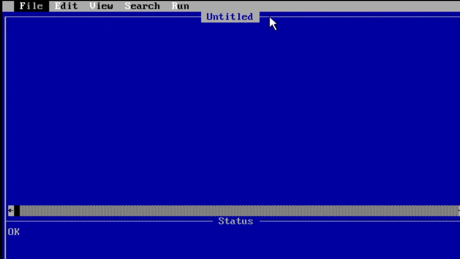This blue screen portion is known as the program area. And this bar is known as the status bar, where the status of your current program is displayed. Got it?